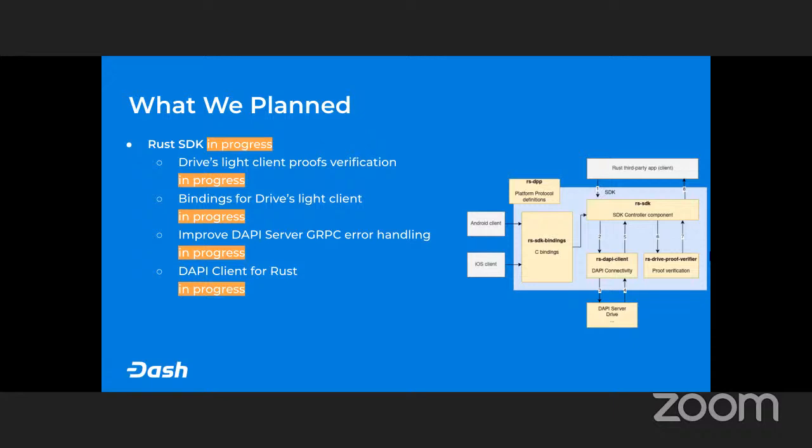Lukash, correct? Yeah, hi. Yes. So basically, the Rust SDK is quite a complex structure. Right now, we are working on 4 parts of it. The first one is the Drive Slide client proof verification. This is where we are making it much easier to verify proofs